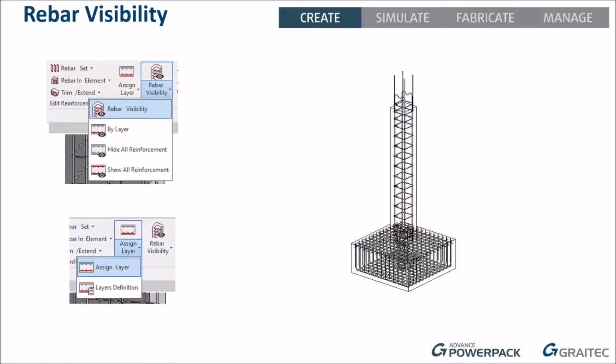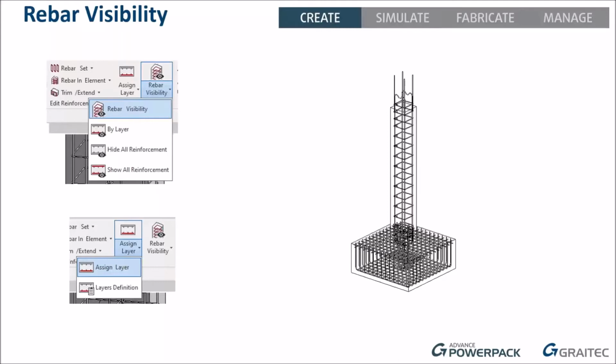The layer one's very clever because we've got a tool that allows us to create layers, and we can then assign different elements of a rebar to different layers. So if you wanted all your stirrups to be on one particular layer, we can create a layer for the stirrups, and then we can start to turn that information on and off within the views. It just gives us a lot more control and quicker control over the way in which we actually show that